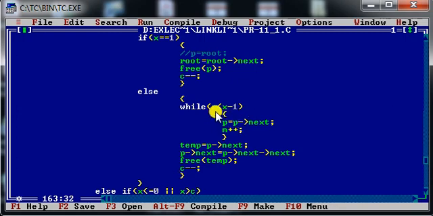This m tells me which node I am at right now, whereas this x is the position from where I would like to remove the element. While performing the deletion operation, we cannot remove the element just by reaching that particular element. Instead, we need to stop our p pointer just before the element which we would like to delete, and that is why I have written while m is less than x minus 1.